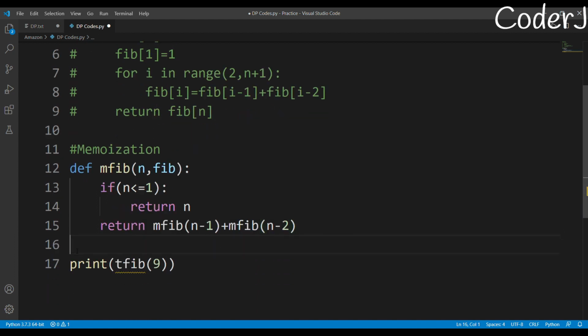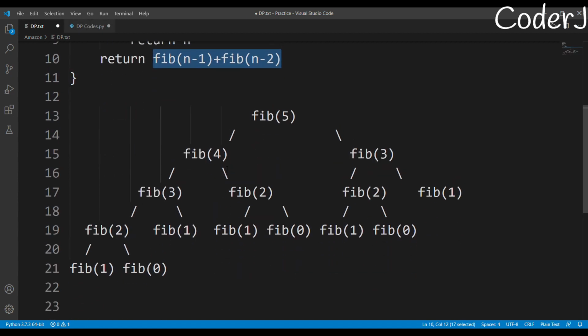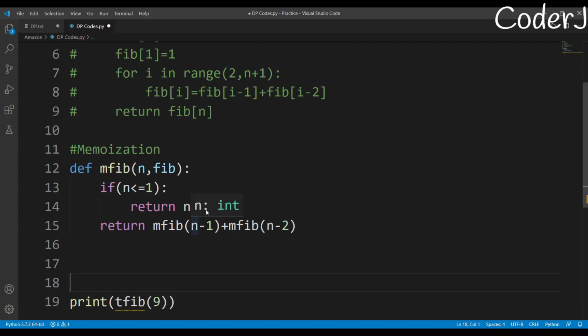Now let's make a little bit of changes, so we see how we can further optimize this. For that, let's go back to this particular image, this tree-like structure. So here, what was the real issue that we faced? We have already solved fib 3 once, but when we encounter fib 3 here again, we were trying to solve that part again, right? So we were solving fib 3 more than once, and fib 2 we were solving like 3 times. So what memoization says is that if that particular value is in the table, use it. If it is not, you make a recursive call.